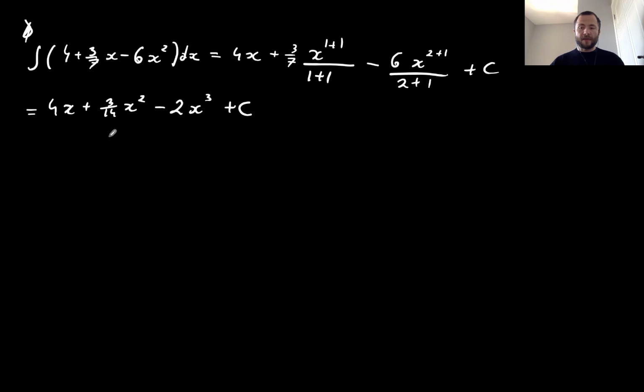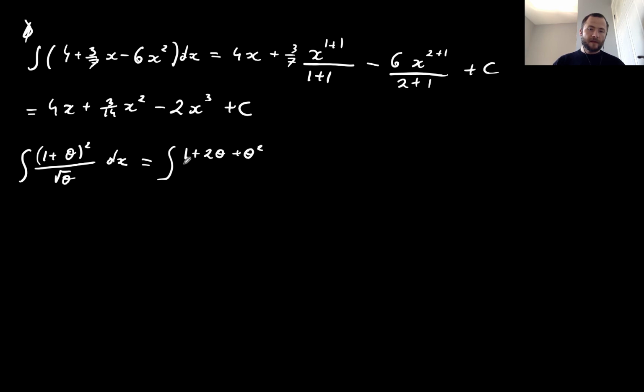Looking at a different example, let's take a look at the integral of (1 plus theta) all in brackets squared, all divided by root theta dx. The simplest way to integrate this type of expression is to get rid of the bracket above the line. So that will turn into an integral of 1 plus 2 theta plus theta squared, all divided by root theta d theta. And now I can simplify it by separating it into partial fractions, so fractions of the